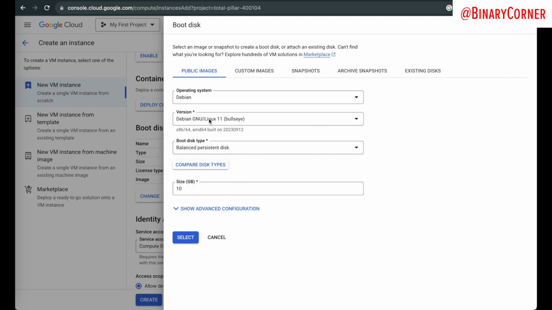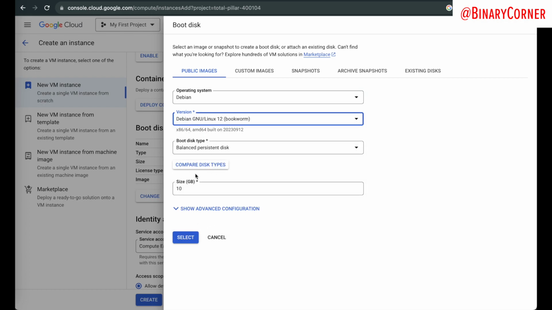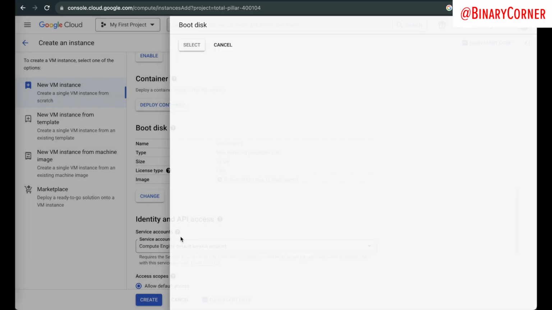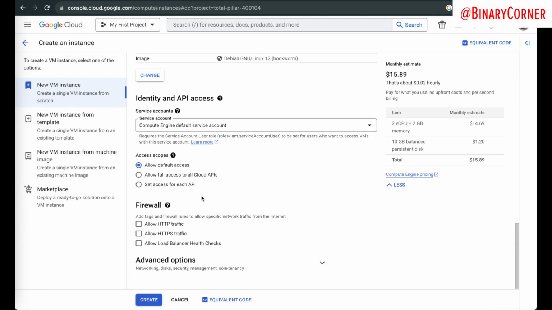So by default it will select Debian 11, so we'll be using Debian 12, the latest one, and disk space will be 10 gigs. So for this video we'll be just selecting the 10 gigs option. If you're planning for maybe 3 or 4 websites or storing a huge amount of data like images and all these things, you can select 20 gigs also. So I'll select this Debian 12 and select, right, and I'll scroll down, and there are two more options we